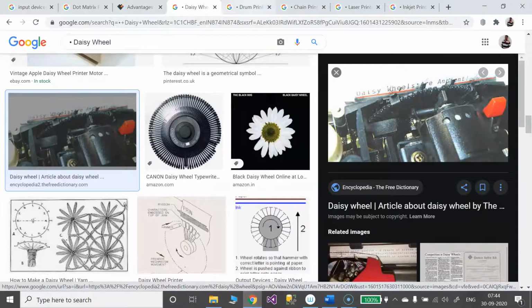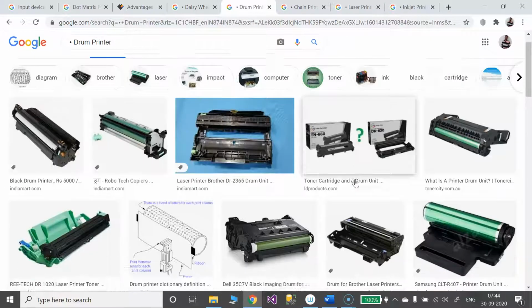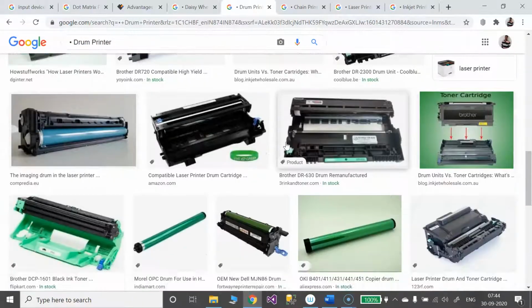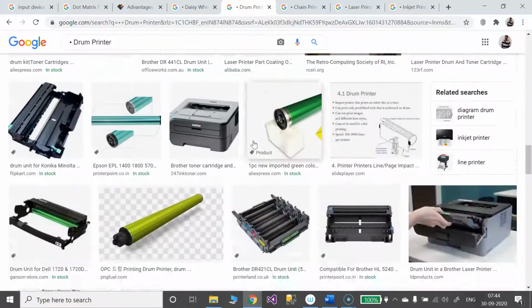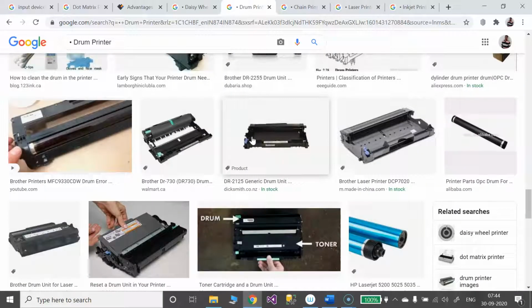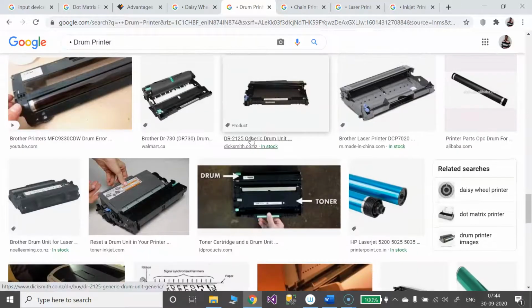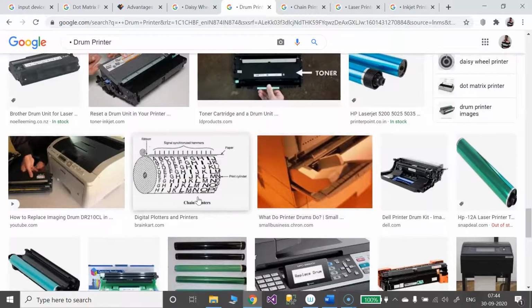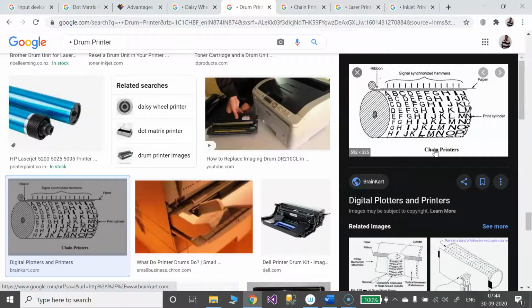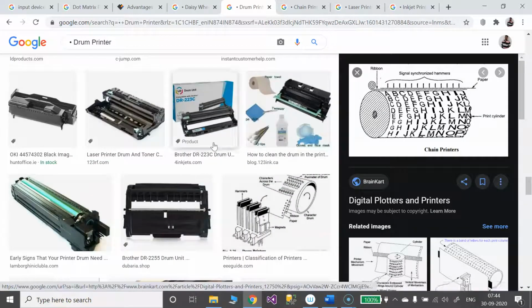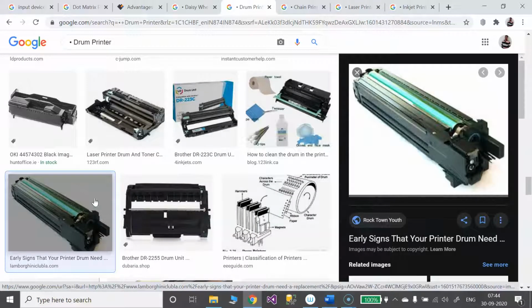Let's look at the drum printer. Got it? So the drum, this is the drum. So these are the different drum printers. We may keep in mind that these are the line printers. The pins are arranged on drums with respect to paper size. Look here. This might be a chain printer. This is the example of a drum printer, better. Got it? So later